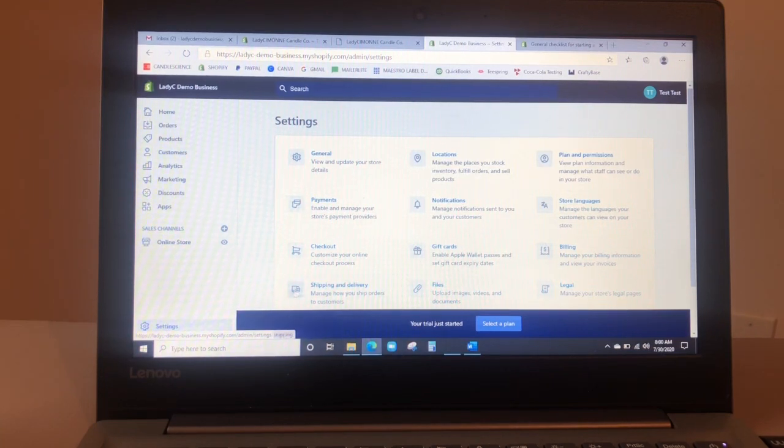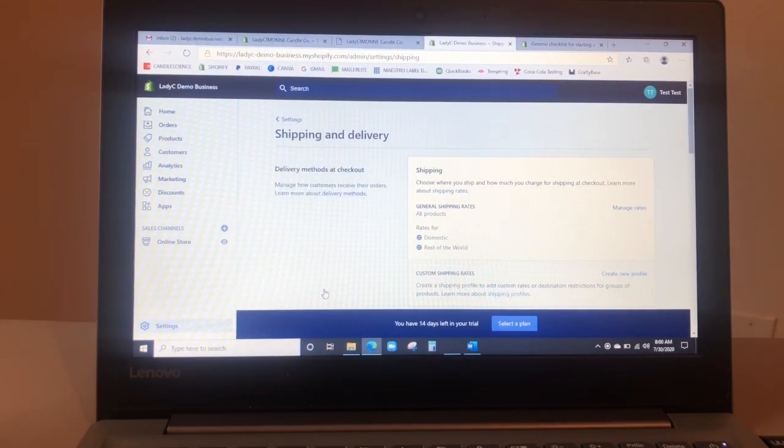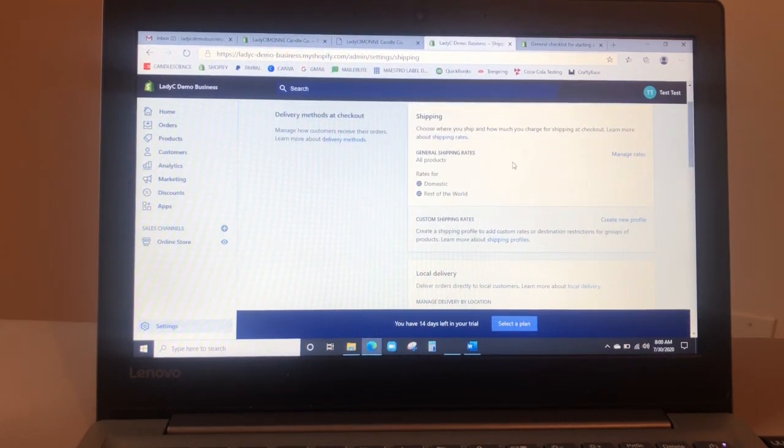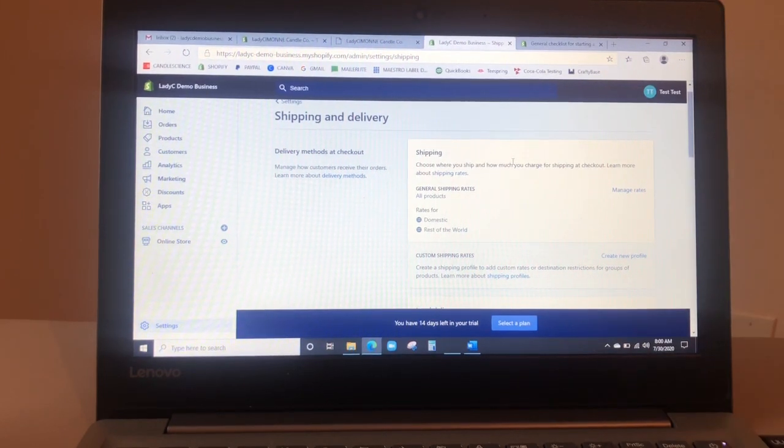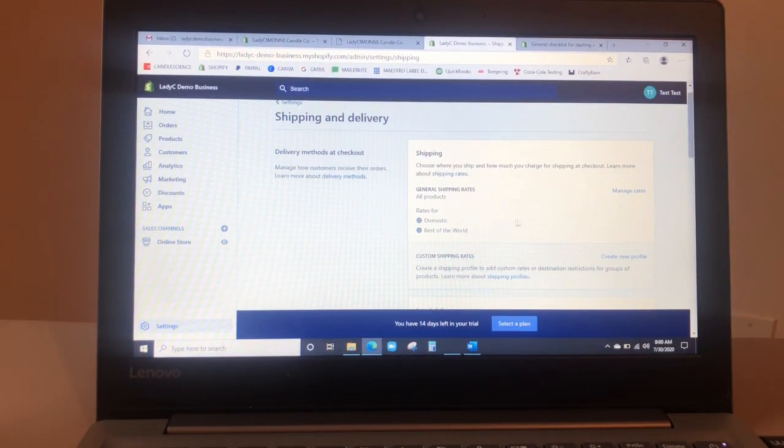So shipping and delivery. You'll go to your settings, shipping and delivery. And this is where you will customize everything. In terms of shipping rates and zones, this is where you will manage that. So you will go to manage rates,